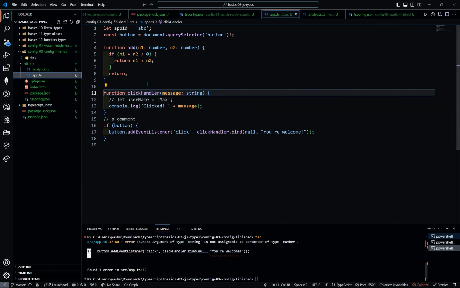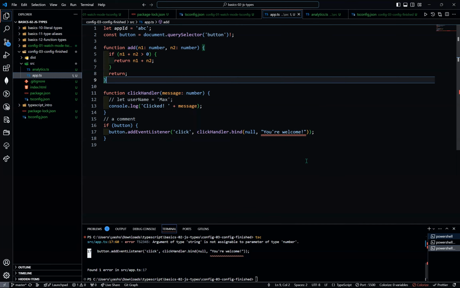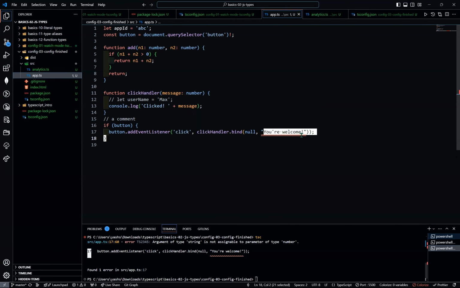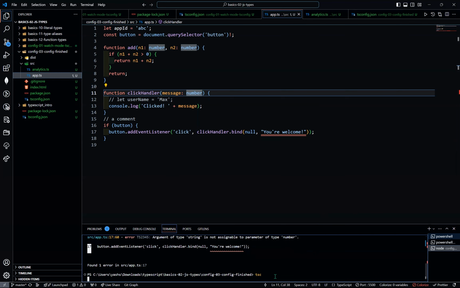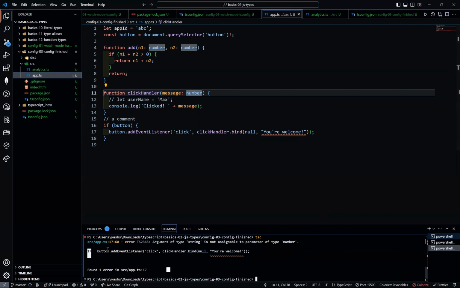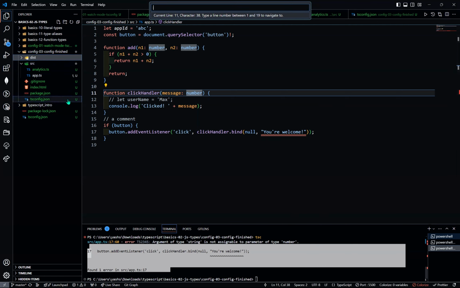Suppose I just change it to number. Okay, now I introduce an error. You can see it is an error because this type is set to number, it is not string, so it will give me an error. So when I try to run my file, it will give me an error and no JavaScript file is created. And then if I set it to default,